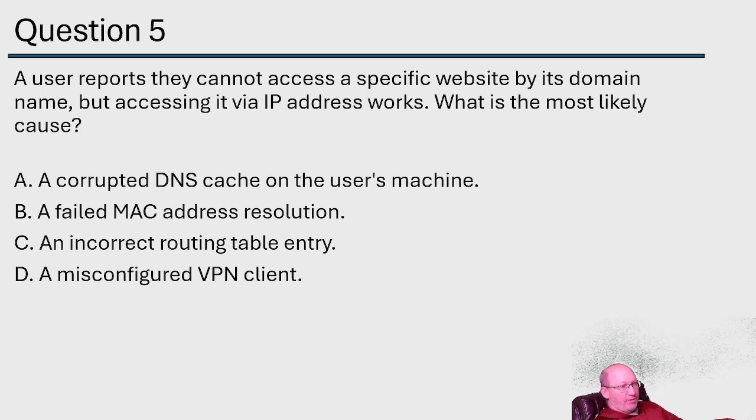Why is it not an incorrect routing table? Well, we're talking about the domain name to the IP address. Very rarely do we utilize a routing table entry to gain access to a specific domain name. As a matter of fact, we don't even care about domain names in a routing table. That's usually not part of the routing table. It takes the MAC address and the IP address, and it knows what's according to what. There's no DNS, domain name system, associated with it.